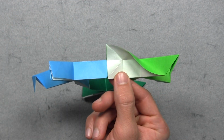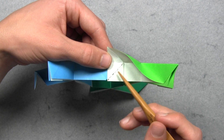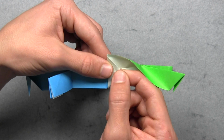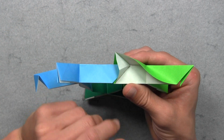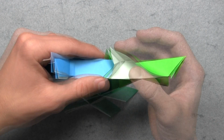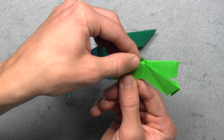along existing creases. Then we want to mount and fold this small triangular flap behind along this existing diagonal crease. So we're going to tuck that small flap behind just like this, and then you can flatten out the model. Then we want to lift up this white layer from the left, and we want to fold this top edge back down to align with the bottom edge. So we're just going to fold that top layer back down along existing creases, and then you can flatten everything